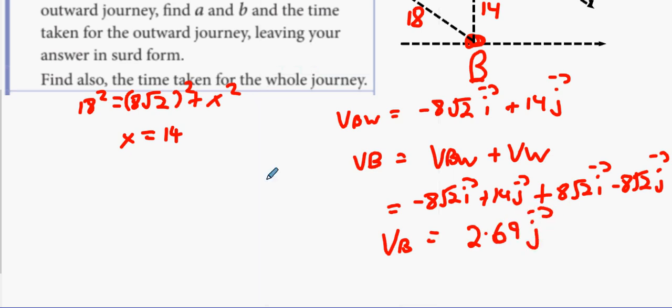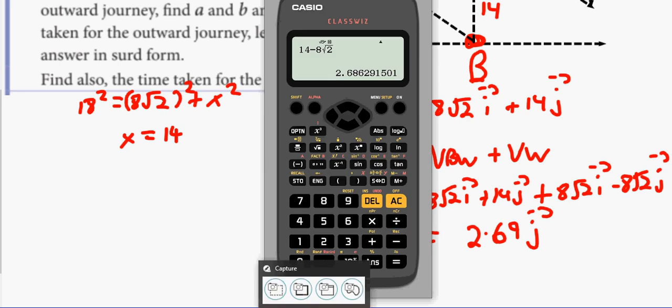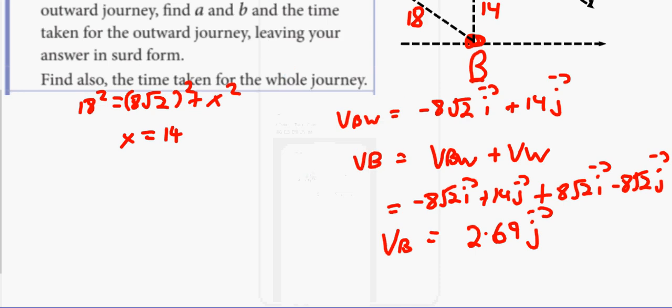Does it want the time, does it? Okay, it wants the time. If it wants the time, do you know what, I'll just go for 4 decimals. I just don't want to risk anything. Oh, does it? Oh, lovely. So just do both, alright, fair enough. So just 14 minus